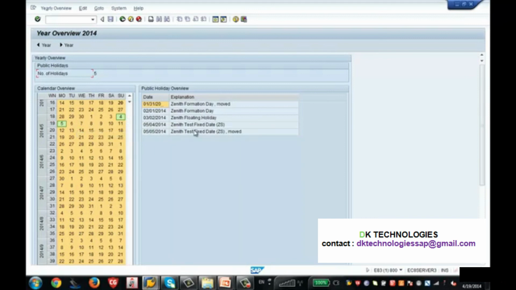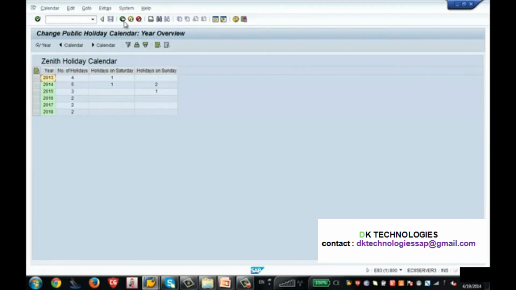That is the reason why you see 2 holidays which are created, but the actual holiday is on 5th May, which is indicated by moved. Similarly, there is one more holiday which was moved, probably it could have been falling on Sunday or Saturday. So this is how you basically create your public holidays and holiday calendar.